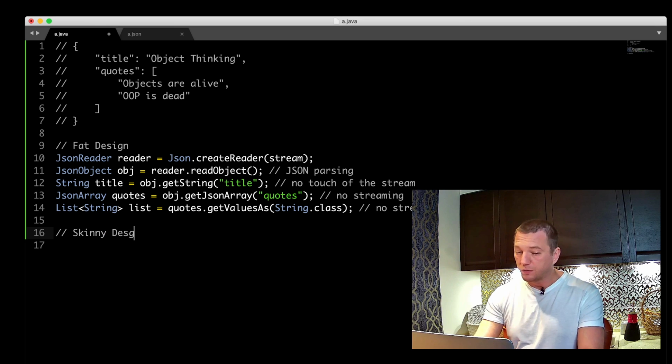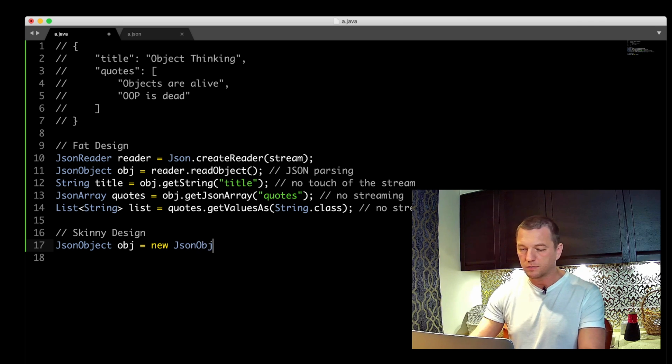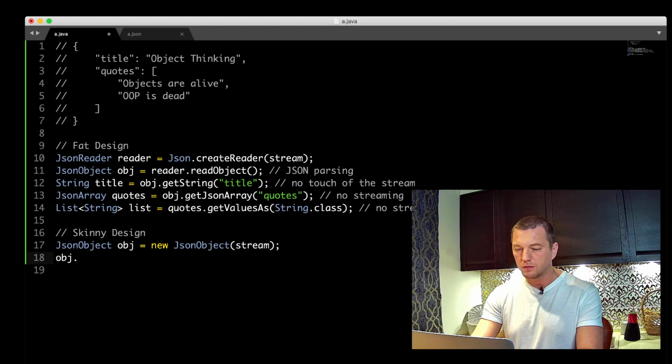which would look differently. Let's see how we can design the same idea but differently. Let's say we do JSON objects. This is not Java. It is not JDK. It is Java, but not JDK. So we do obj equals new JSON object stream, and then we do object dot get JSON array.